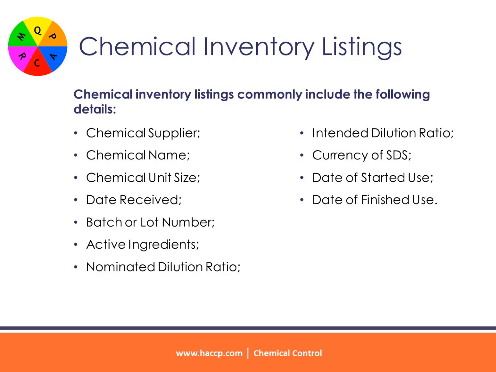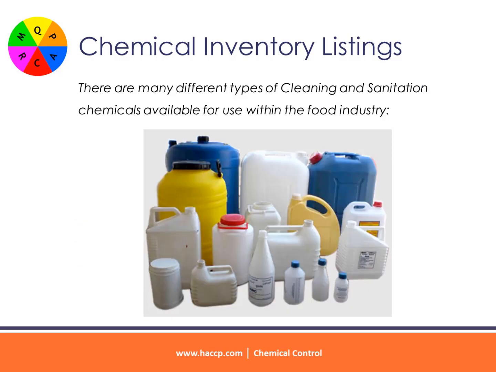Chemical inventory listings commonly include the following details: chemical supplier, chemical name, chemical unit size, date received, batch or lot number, active ingredients, nominated dilution ratio, intended dilution ratio, currency of SDS, date of started use, date of finished use. There are many different types of cleaning and sanitation chemicals available for use within the food